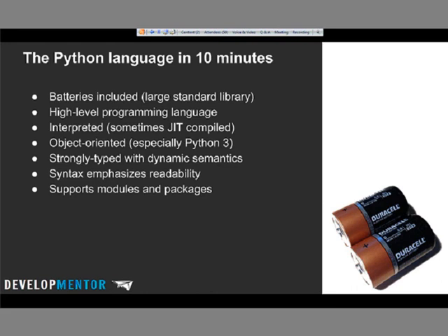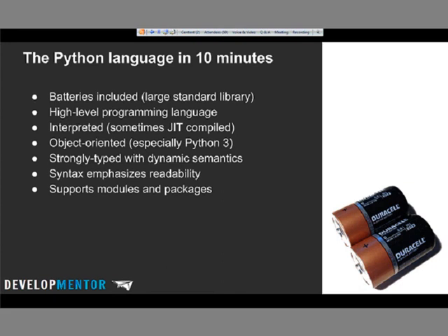The next statement kind of catches people off guard sometimes. It's a strongly typed language. Okay, so things in Python have a type. They have a type hierarchy. They have this concept of inheritance. If you go to an object, you can ask it what type it is. There's a type operator like typeof in C#. However, when you look at the code, all the variables, they don't have types. Right? The method arguments don't have types. It's a dynamic language, and the way you work with the objects is through dynamic semantics, and the way that you interact and declare your variables and so on is all dynamic, more or less untyped.